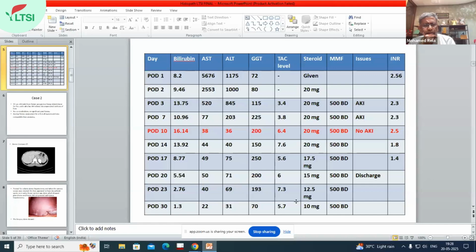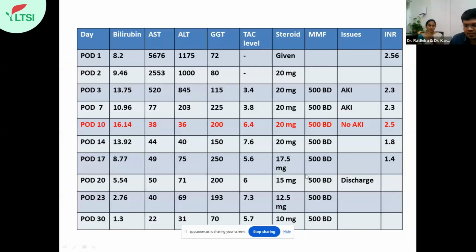Mukul, you need a much more powerful one. Is this better, sir? Are you able to see? Yeah, you can see now. Yeah. So this is the